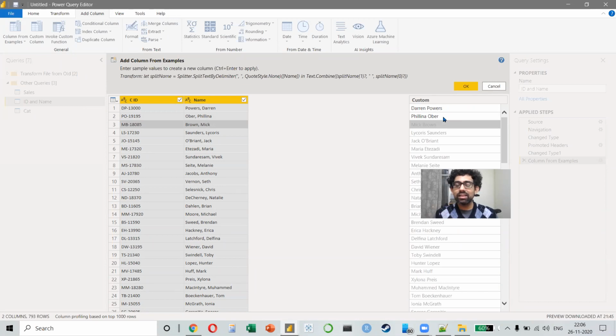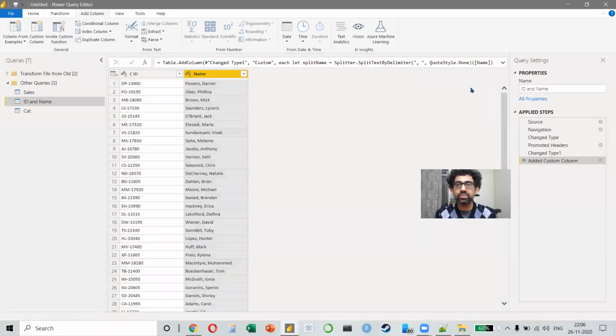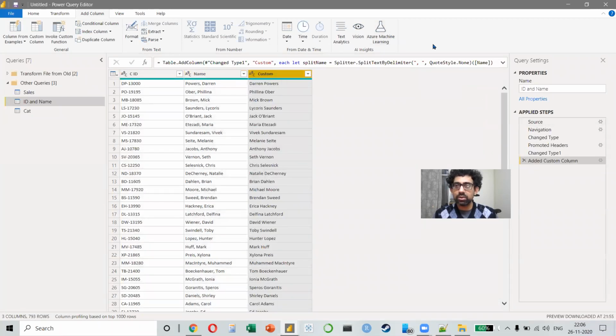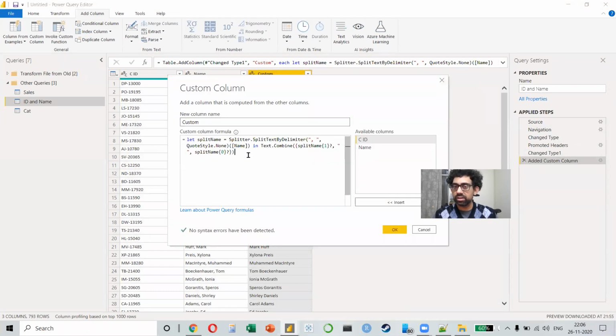The best part is that while in Excel, it gave you the result, it did not show you the formula because there is no formula. It just gives you the result and doesn't explain how it did it. In Power Query, it actually tells you what function it wrote. So when I press OK, I get the result. And if I look at the formula bar, let me click on this gear icon. You can see this is the entire formula that it has written. Now, I know this formula looks very complicated and very different to everything else that we have done, but that's okay, because you don't have to write it. Power Query will do it automatically, right?